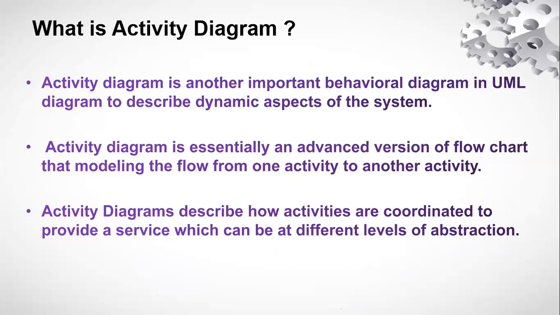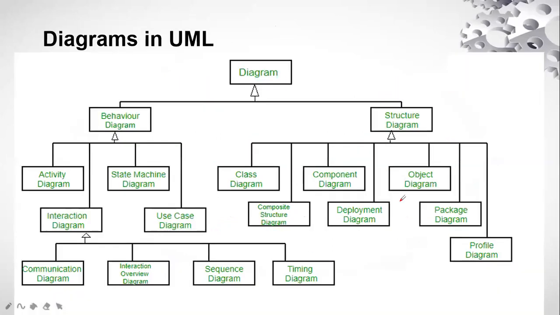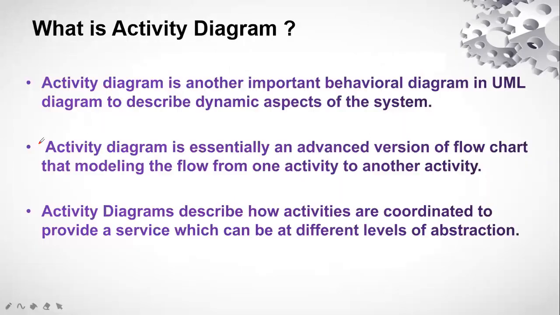Fine. So first thing is, activity diagram is the diagram which is falling under the category of behavioral diagram. So I hope you all remember the first slide which I always used to show you. That is this one. That diagram is divided into two categories, behavioral and the structural. Structural being the static and behavioral being the dynamic in nature. So this particular diagram is the activity diagram which we are going to do today. So here it lies under the category of behavioral diagram. That means it is the diagram which is dynamic in nature.